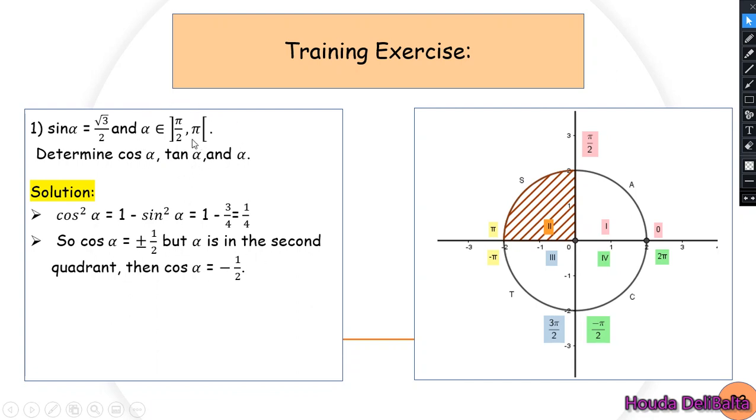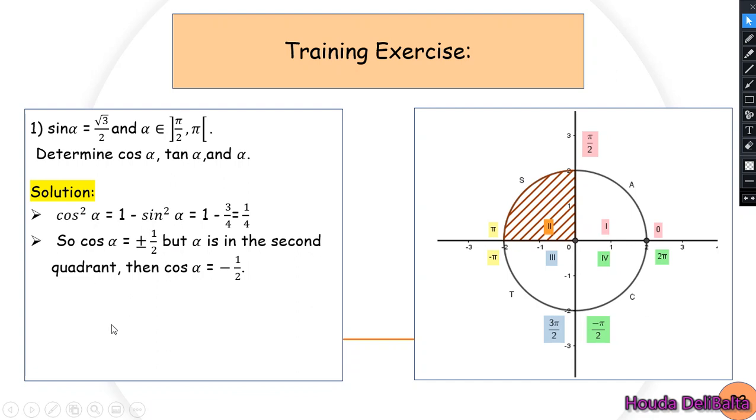How did I know that? Alpha belongs to pi over 2 and pi, and as you know on the trigonometric circle, here is where pi over 2 is, and here is where pi is. So alpha is in the interval between pi over 2 and pi, so definitely alpha is in this region, which is called the second quadrant. Then in the second quadrant, only sine is positive, then definitely cosine is negative here, and thus I choose minus